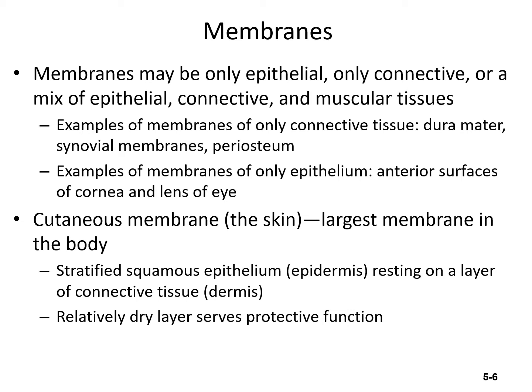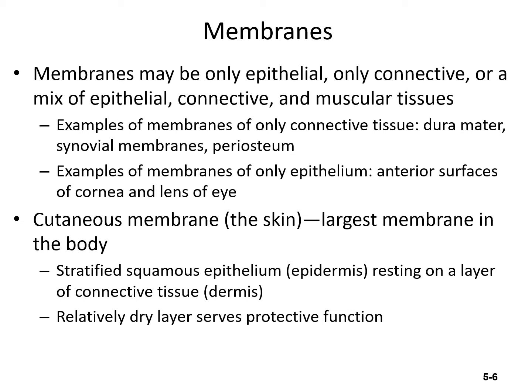So examples of membranes that are only comprised of connective tissue: the dura mater in the brain. So for example, when we get to do our sheep brain dissection in class, you'll see this very tough, sort of dry layer of material that you have to basically cut off of the brain itself, and that is going to be your protective layer around the brain that prevents direct contact between nervous tissue and the bone of our cranium. So the dura mater, both within the brain and the spinal cord, synovial membranes, which are the membranes that